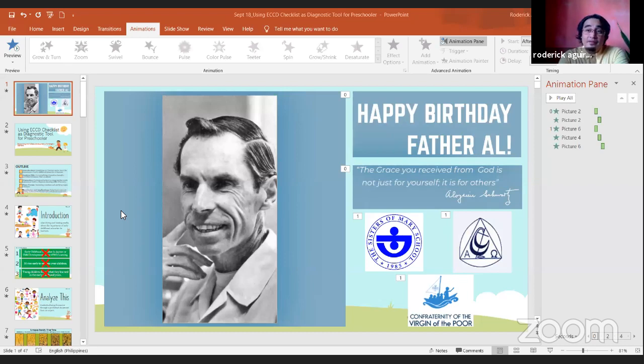By the way, if you would like to get hold of a copy of the ECCD checklist, it is already prolific on the web. You just Google it and you can get a document copy or a PDF copy of it. And there is already a guide for you. But what I'm going to share with you is the importance of this ECCD checklist as a diagnostic tool for our